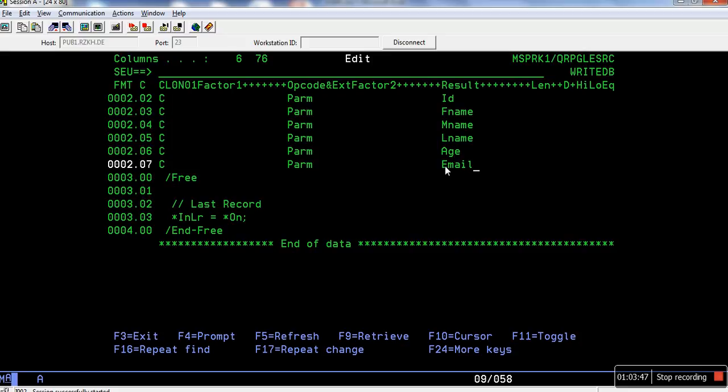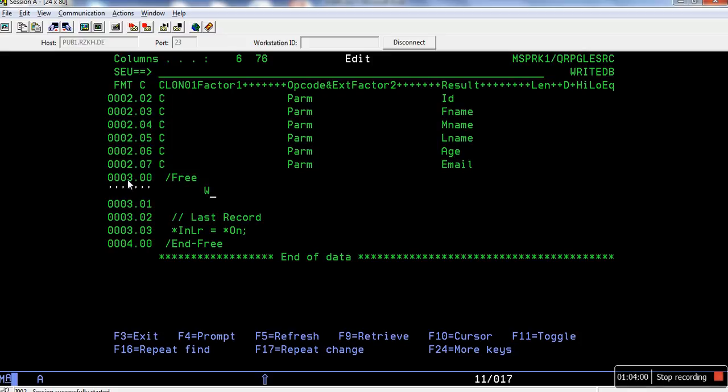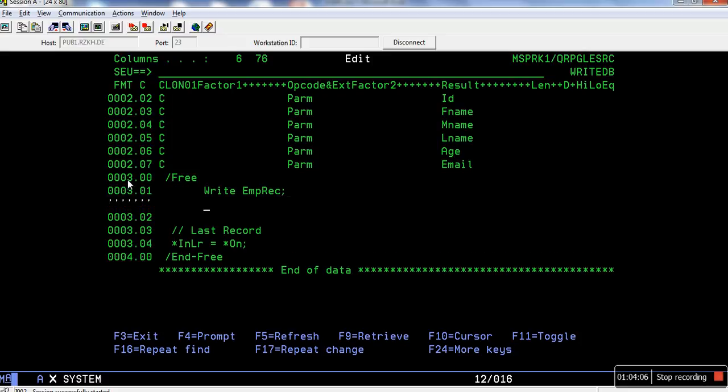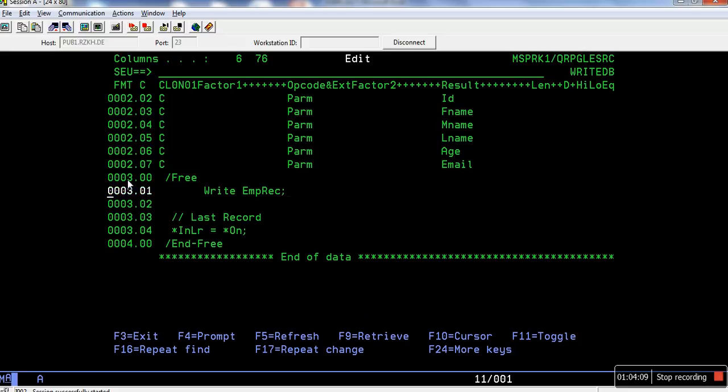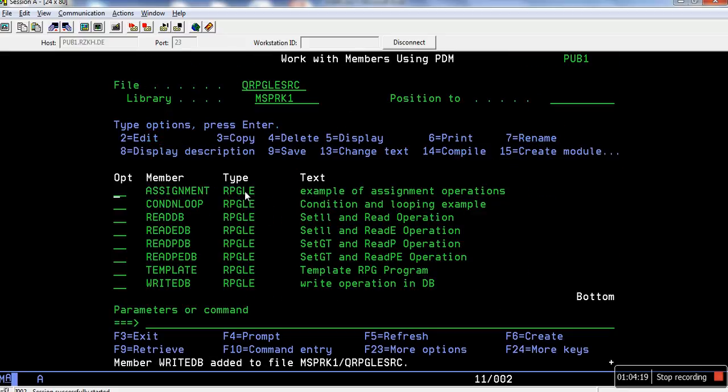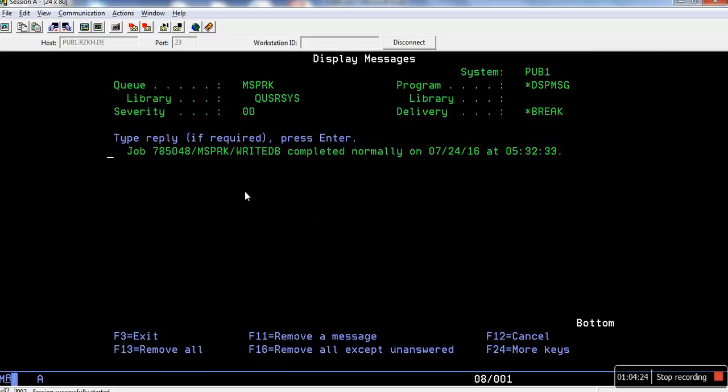Any doubt? Okay. Now, what we will do here, we can just go and simply write it. I will come here and write EMPREC, the record format. That's it, because all those values I got, and I will just go and write it. But we will improve this program. Let me compile this. Once it got compiled,